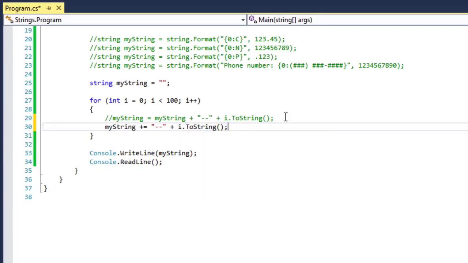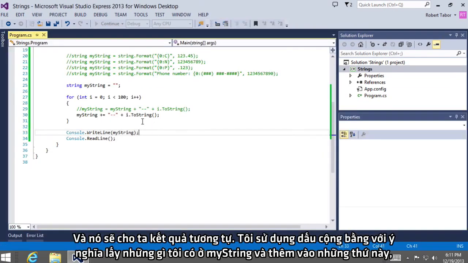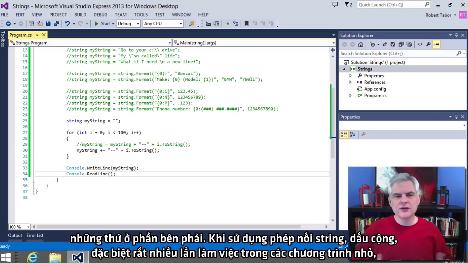i.ToString. And that should give us the same result. So I just wanted to throw out the plus equal operator, which means take whatever I already had in my string and then append these items to it, whatever is on the right-hand side. Okay? So while using the string concatenation operator, the plus symbol, especially so many times works in small